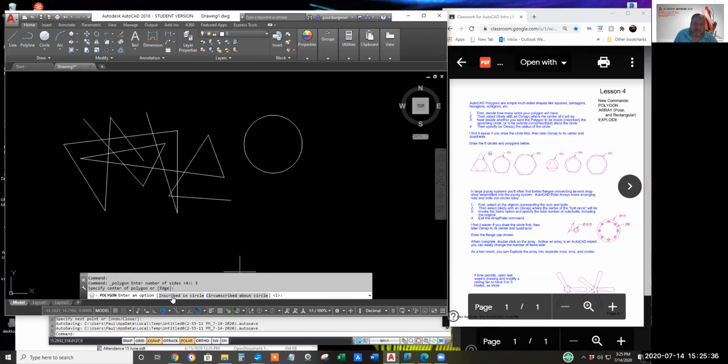Next it asks, do you want the three-sided polygon inscribed inside the circle or circumscribed outside the circle? And let's see, on the left side of today's assignment, the triangle is outside, so let's select circumscribed about circle or outside the circle.